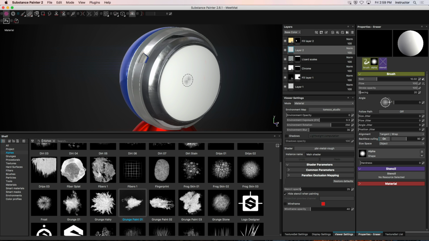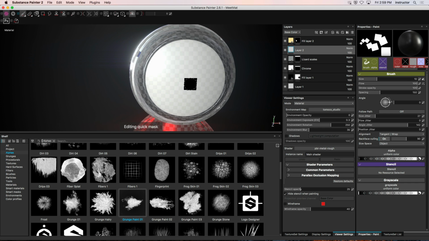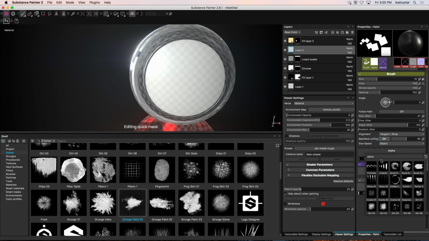I wasn't going to talk about this today, but there's actually a quick mask section, and it allows you to go in and say, I just want to paint in here. Okay, let's just do that real fast because it's super fun. If I remember correctly, the T key will allow you to go into quick mask mode. And let me just do